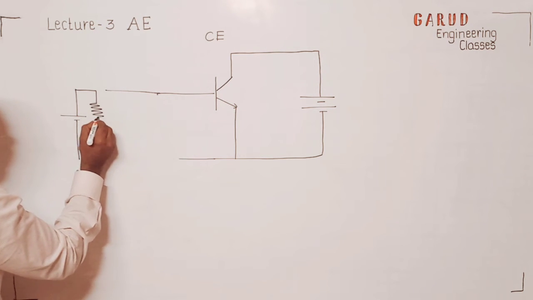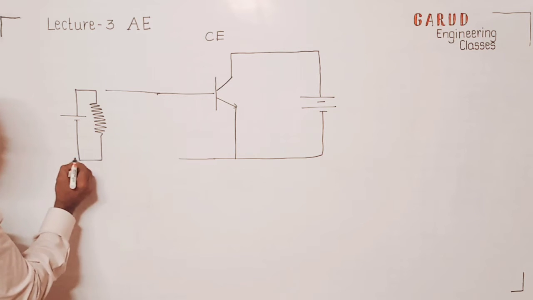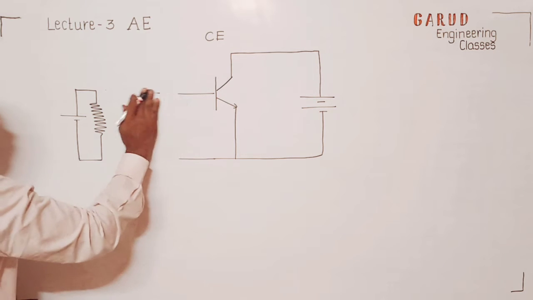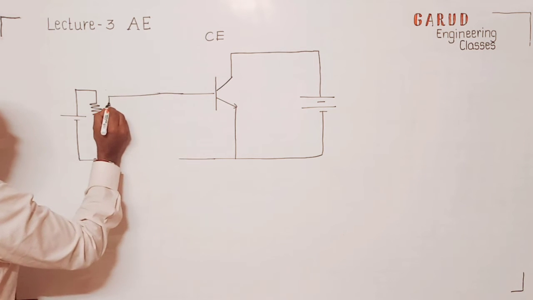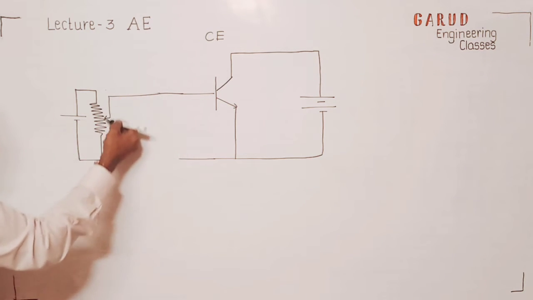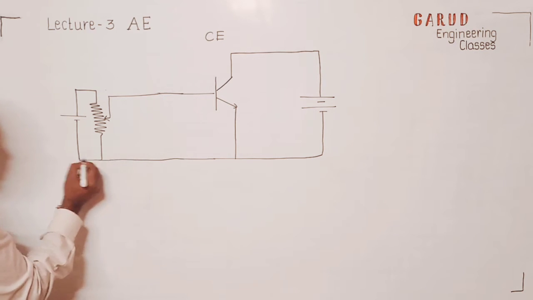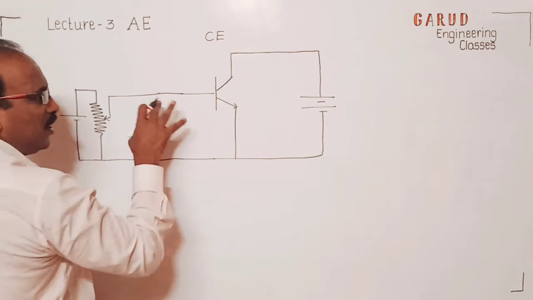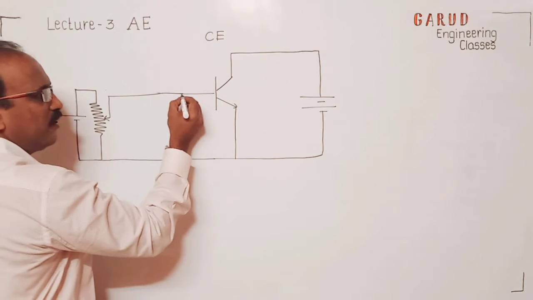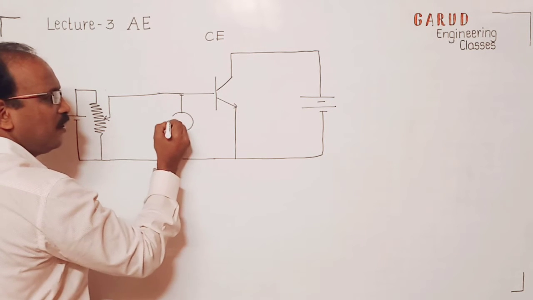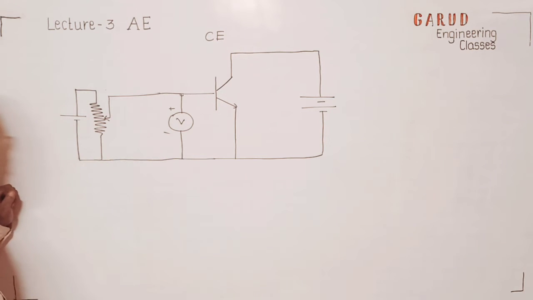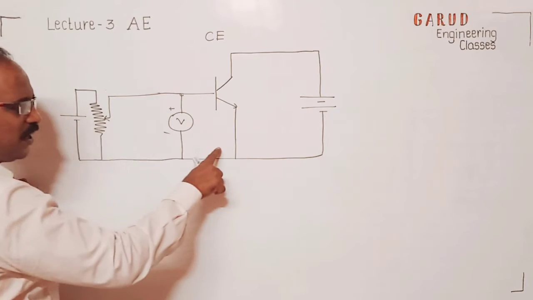I connect a potentiometer, and I can make this variable. Yes, by varying this pot, I can make a variable input voltage, correct? For the input side. Now I want to apply different voltages. So I connect here a voltmeter, V inside, plus minus outside, is a voltmeter. I want to check what the response is, that is, what we can say is current.